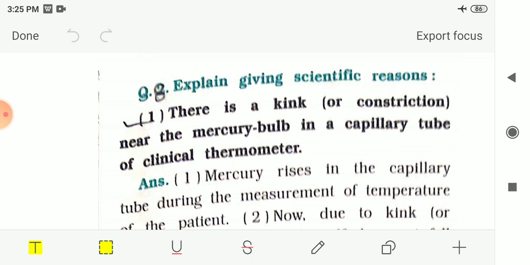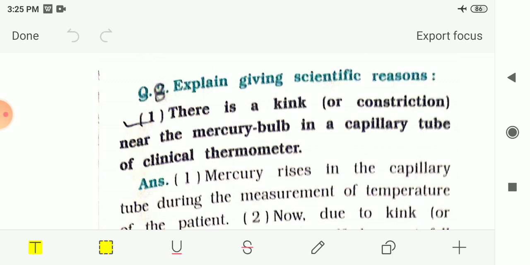And question 6, that is define the following, we had already seen. Then select the odd one out. Till now, up to select the odd one out, these were given in your homework. So you have to write all this exercise in your notebook. Then we had seen answer in short, so that was not given in your homework.